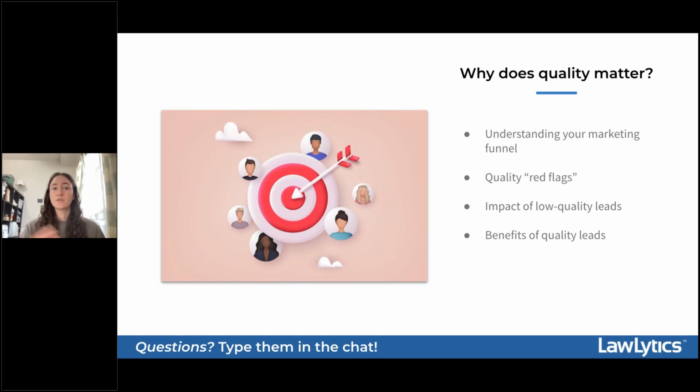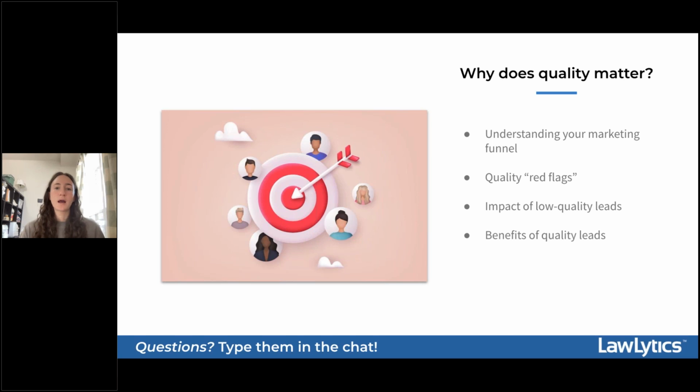And as a result, Google is in the business of matching people with the best possible answer. So Google might suggest your firm's website to fewer of its users because it's having trouble aligning its users with your website. On the other hand, the benefits of quality leads can lead to a more seamless client journey. They can improve your conversion rates, improve your client satisfaction, and grow your brand awareness and your reputation. And all of those elements work together to ultimately increase your website's visibility on search engines and really build that trust with Google as well.